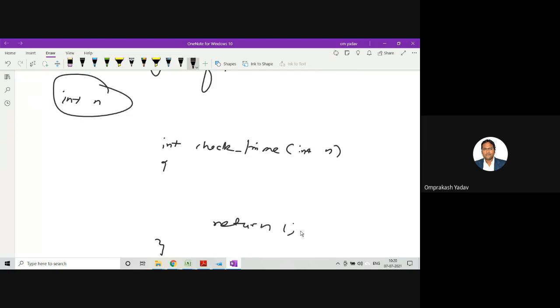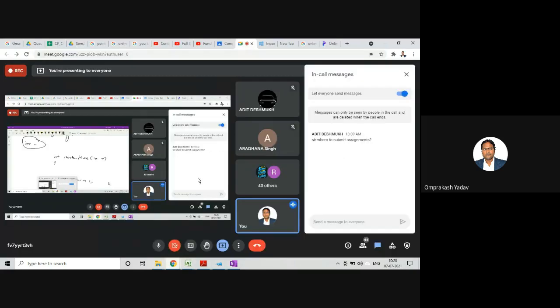Let's say we are returning one to indicate that it's a prime number. So if the value returned is one in the main, we can check, and if the value is one, we can say that the number is a prime number. And if we return zero, then we will say that the number is not a prime number, right? So depending on that particular return value, we can say whether the number is prime or not. Only thing here, you will have to write the logic. So let's write this particular program.